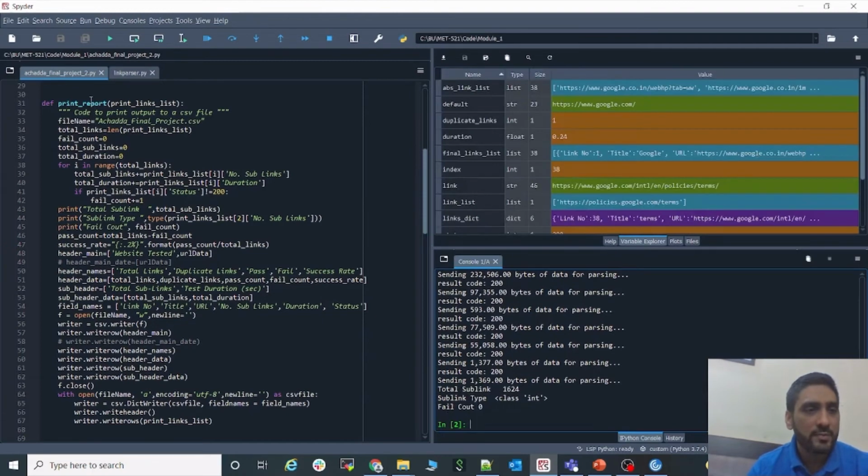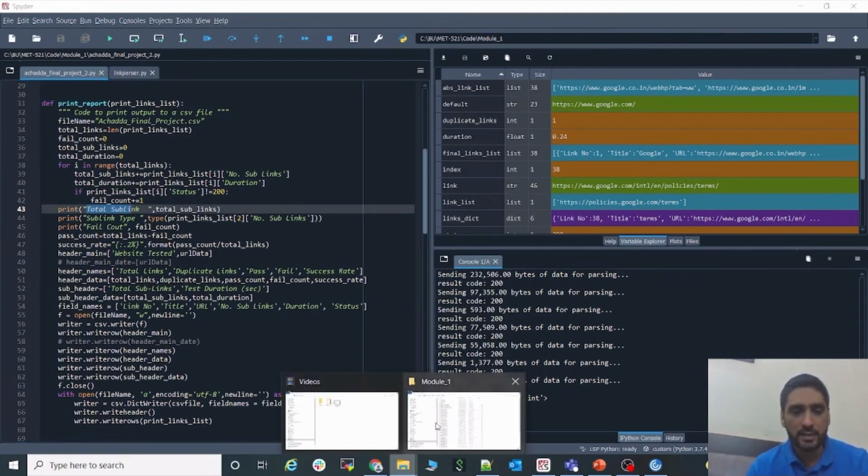The reason I have this print function at the end, when I have my final dictionary created, is because I am printing the total sublinks, which will be available only if we have all the required information well in advance. Now my run is completed. Let me go through